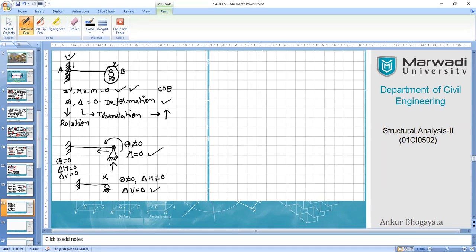Here you have a rotation which is non-zero, but deflection in the vertical direction is definitely 0, as well as deflection in the horizontal direction is also 0. So these are the conditions of deformation, which are used in the method of solution for indeterminate cantilever beams in the consistent